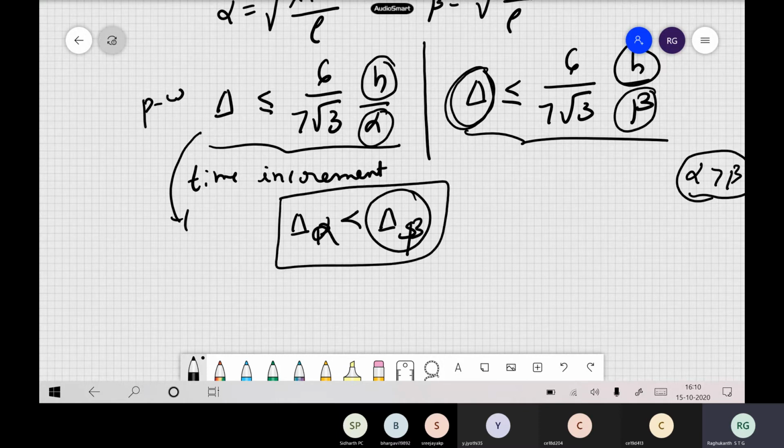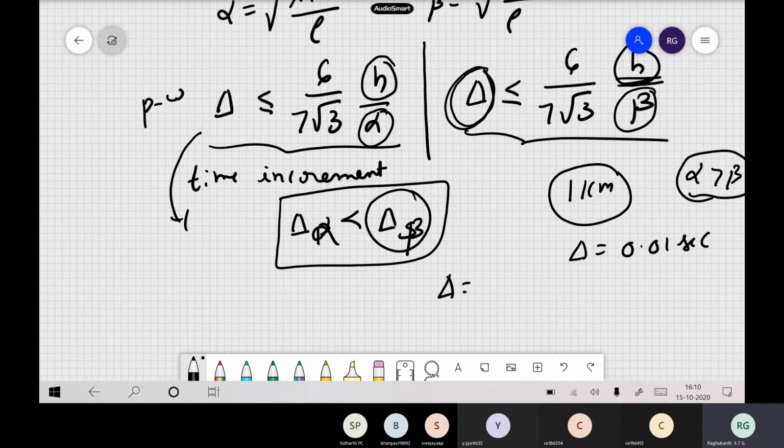So now in my simulations, stability is controlled by the shear wave or the P wave. Let us say I have fixed my spatial domain and I know beta also. From the shear waves, I will get a delta t of 0.01 seconds, and for the P wave, some 0.005 seconds. Now, since all waves will be there in my simulations, which should I take?